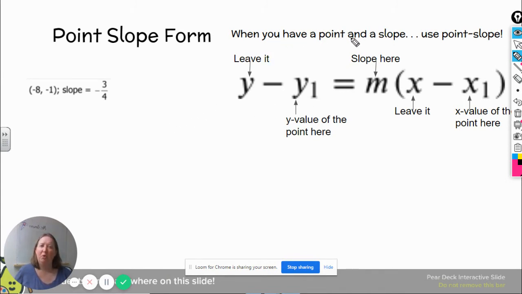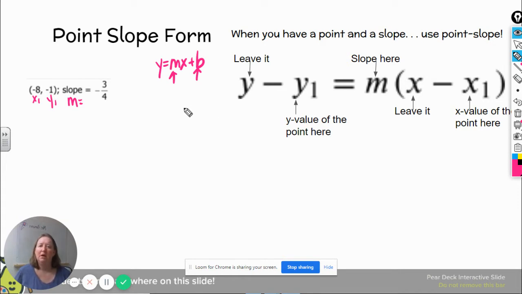So when you have a point and a slope, so we have a point right here. This is x1, this is y1, and we're given a slope, also known as m, right? Then you're going to use this point slope formula. Why are we doing this? Because we want to get an equation into this slope-intercept form, y equals mx plus b. Why do you ask that? Because when it's in this form, we can graph it. We can figure out what the slope is, figure out what the y-intercept is, plot those points, and make a